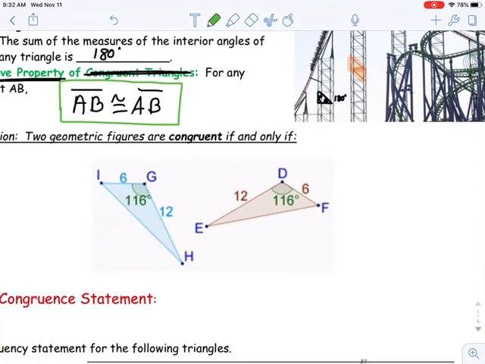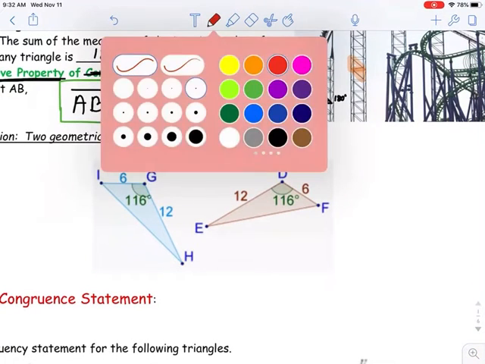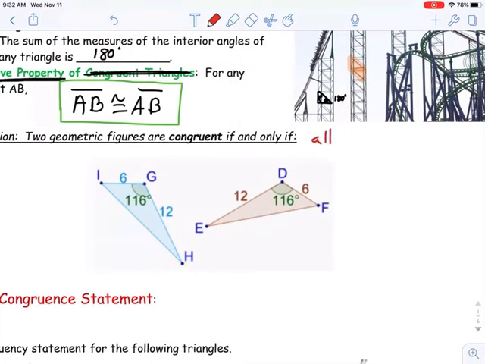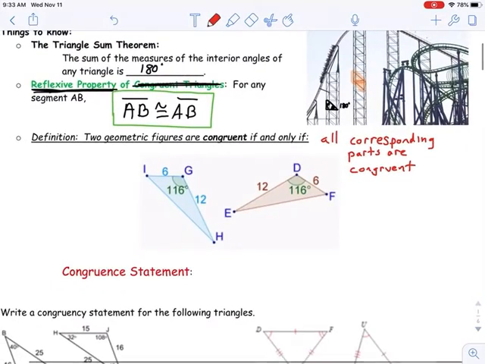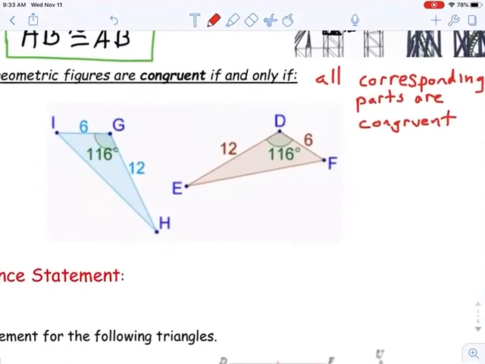So the definition: two geometric figures are congruent if and only if all corresponding parts are congruent. All right, so basically it's saying every corresponding angle is congruent and every corresponding side length is congruent. All right, so in this case right here,